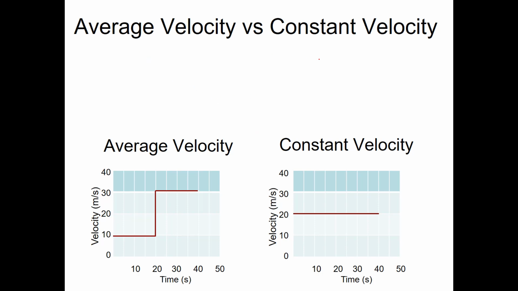This is another thing. Okay, average velocity. This graph shows that this person was going 10 meters per second for 20 seconds. All of a sudden, out of the blue, instantaneously just sped up to 30. Didn't even show acceleration, just all of a sudden became 30. And then he did that for 20 more seconds. So your average velocity here